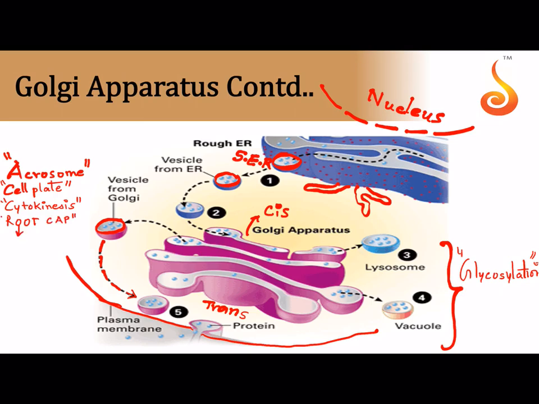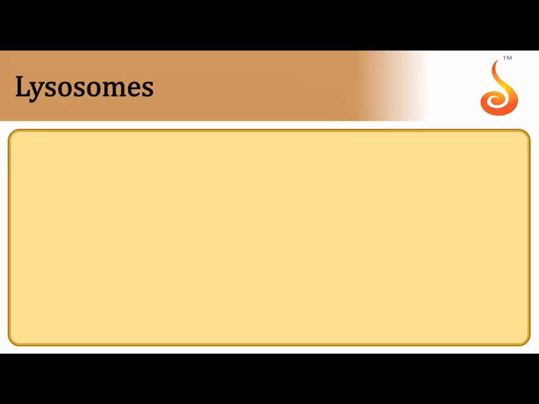And very importantly, you can see a lot of Golgi complex in the root cap cells, and in the root cap cells the Golgi complex secretes a slimy sticky substance that is referred to as the mucilage, to lubricate the root cap, because the root is continuously burying itself into the ground, it is growing into the ground. It may get damaged by the soil particles or the sand particles or the grits in the earth, and as a result the root cap is protected by a mucilage which is secreted by the cells of the root cap, which are very rich in Golgi apparatus.